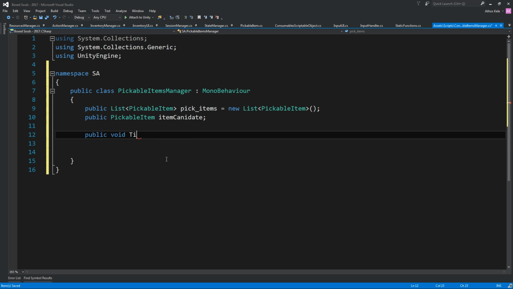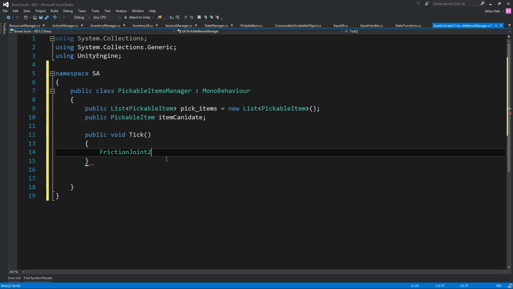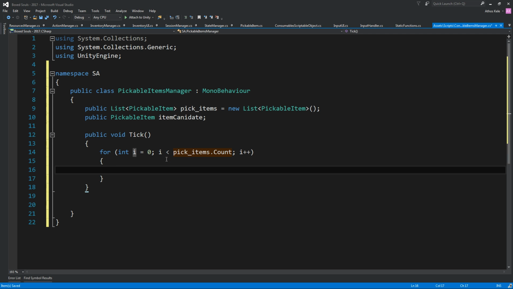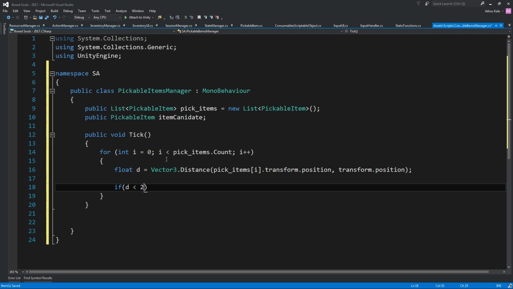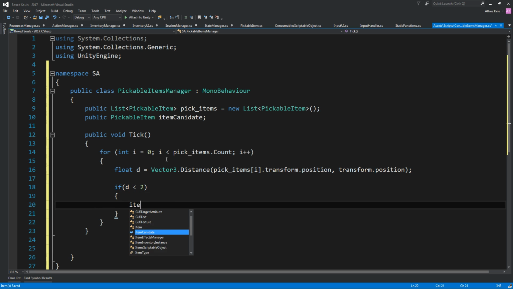and we want a tick, which in that tick we're going to do a for loop with all our pick items, and basically we're going to do a check float distance, pick items I transform dot position with our own transform dot position. Okay, so if distance is lower than 2, let's go with 2, then the item candidate,